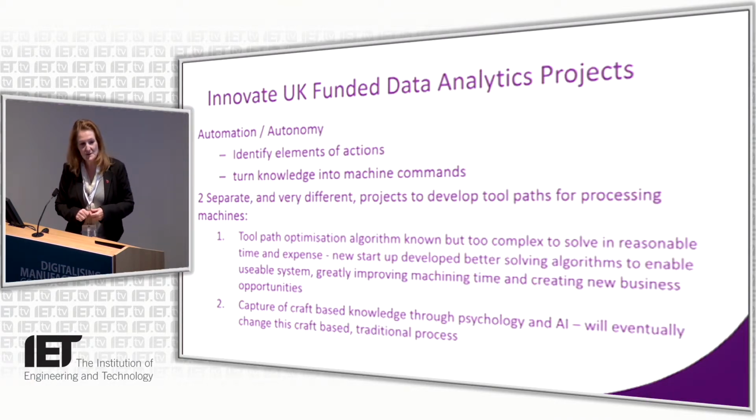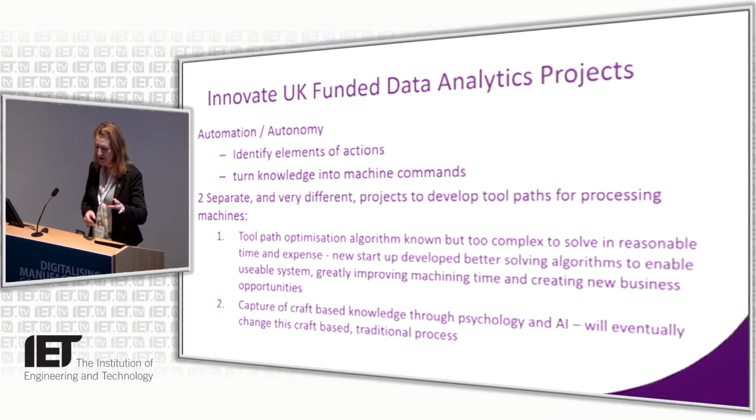But a new spin-out came up with a new algorithm that they could use to shorten that period of time, and made it possible to come up with optimum toolpath very quickly. So that's great for someone who's actually doing some machining, but in fact it also opens up a number of new business opportunities, because they found from that then there were companies who could do the service. They could provide machining and identify the toolpath by using this algorithm in their computers to provide to other people,